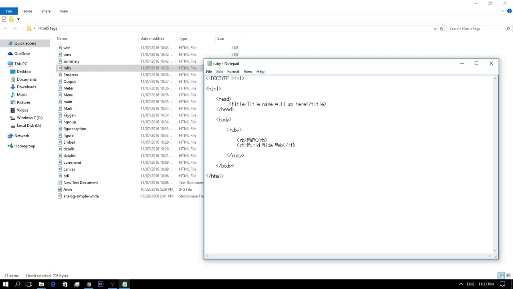The Ruby element is used to display the text on the head of the base text, and auto-renders the base text and Ruby text in a good manner to enhance the user experience in reading the document. These are the main 3 elements used with Ruby: the RT or the Ruby text, the RP or the Ruby parenthesis, and the RB or the Ruby base. So I will show my example.